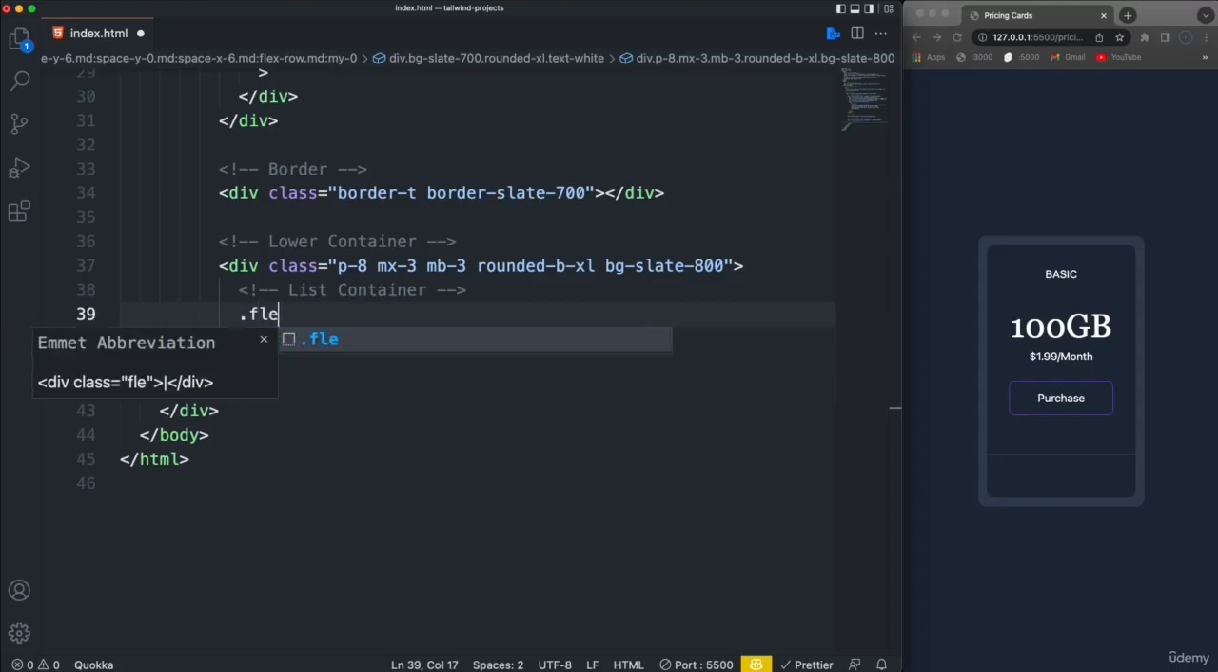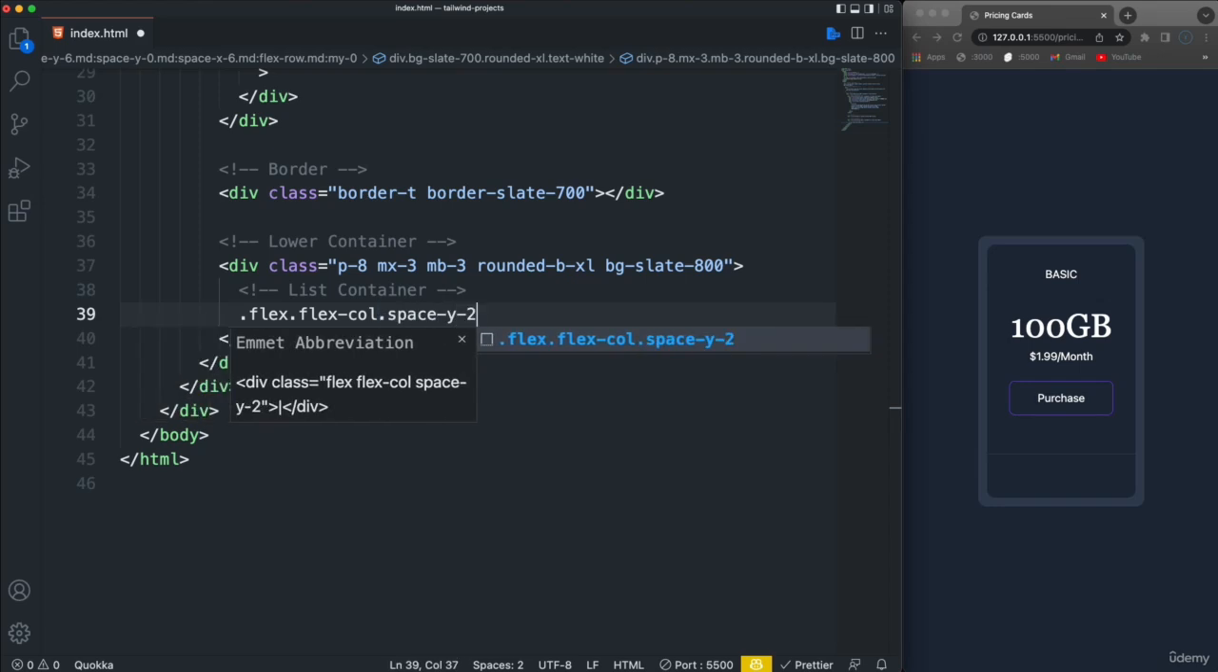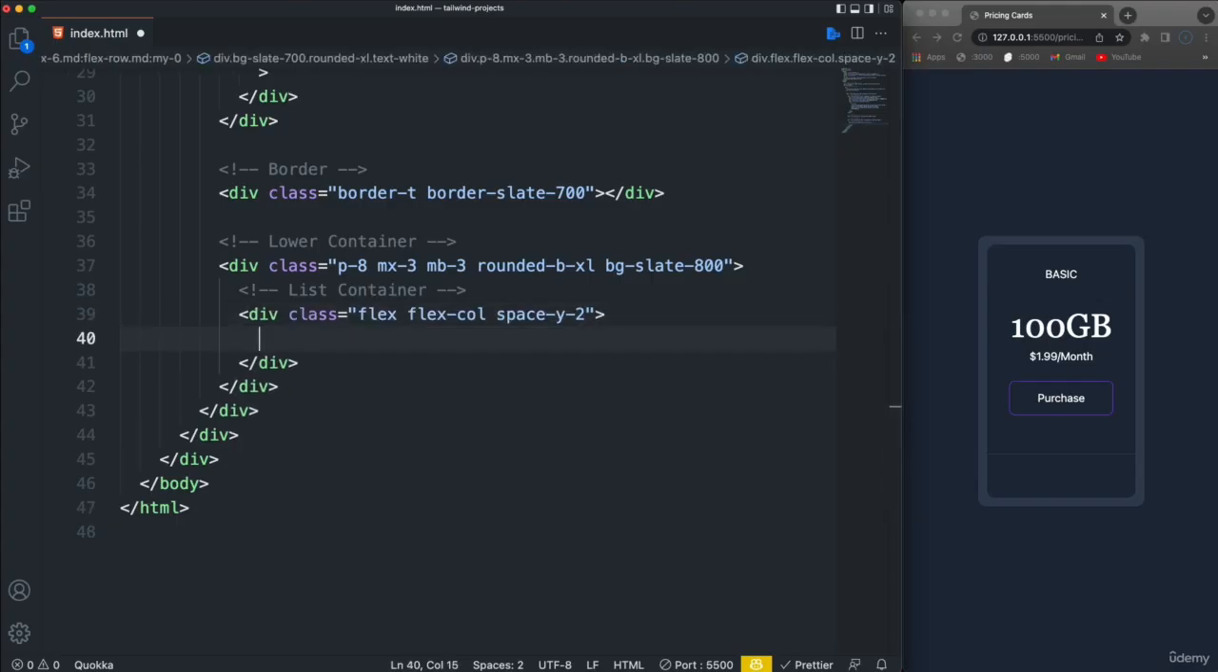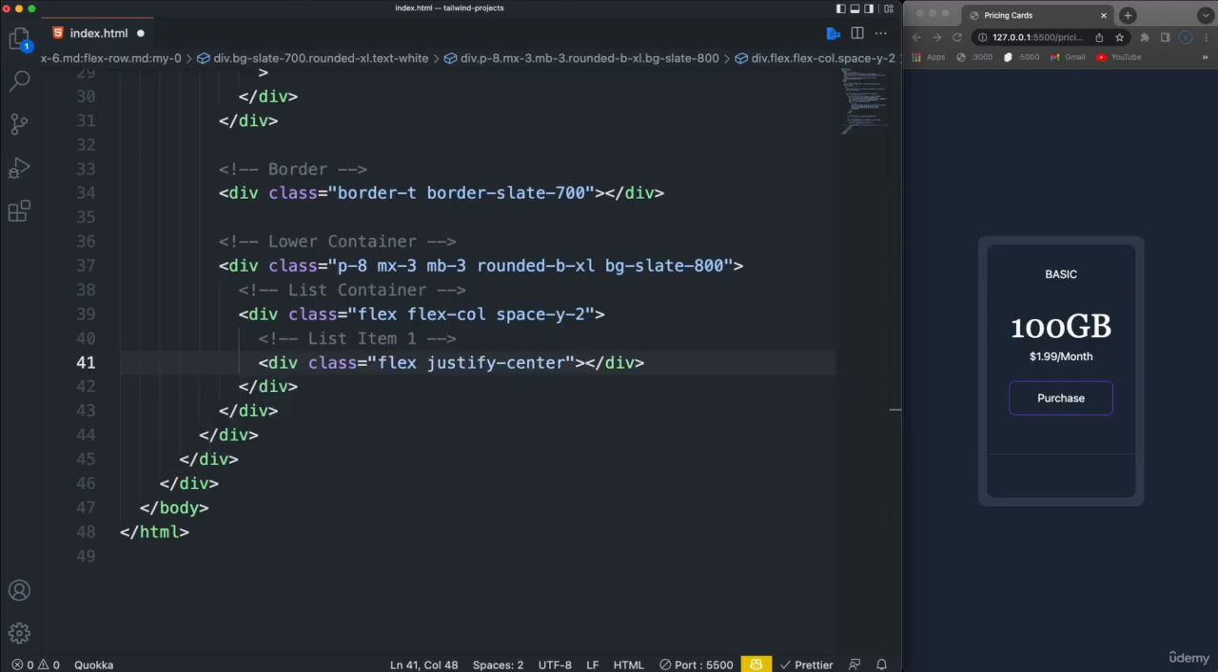So I'm going to give it a class of flex, and it's going to go vertically. So we want a flex col, and then the space in between each item, we'll do 2. All right, and then we'll have our first list item. We'll just say list item 1. And basically the list item is going to be an SVG check and just some text in a span. So I'm going to wrap this in flex and also just justify center, just to have everything aligned